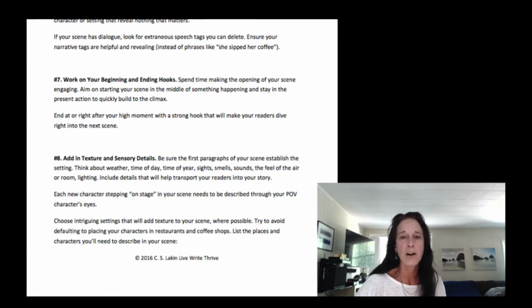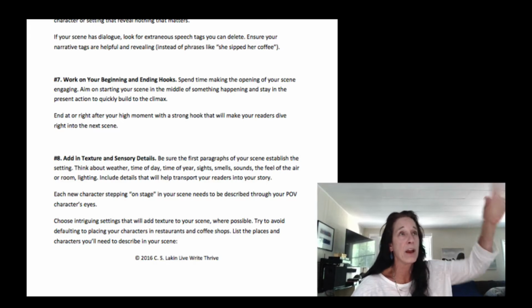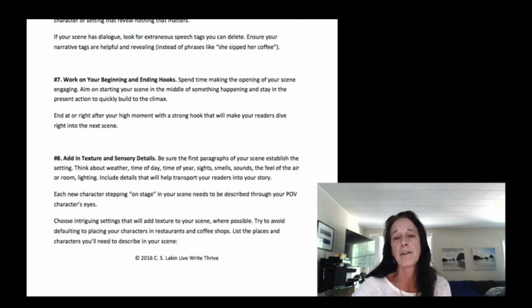She might be locked in a cubicle down in a basement office, maybe not in that scene, but when she gets outside, she's going to notice what time of year it is. If the fall leaves are blowing and that crisp wind is biting her neck, we get a sensation of the fall. We get a feeling for that weather, that time of year, and that's really important.